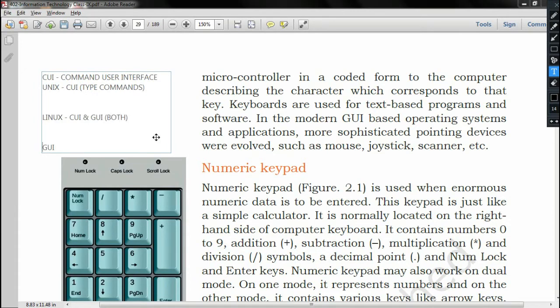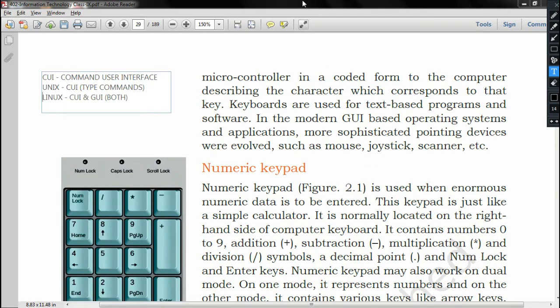Both typing commands, and like in Windows we are having all the options. In CUI we used to install each and every software with the command, but here in Windows operating system or in Mac we are not using it, we are just double clicking it and it is getting installed with some command that is next and finish, right? I hope you got this point.